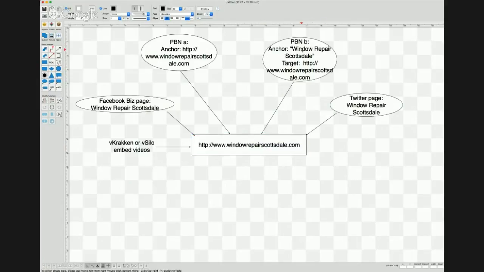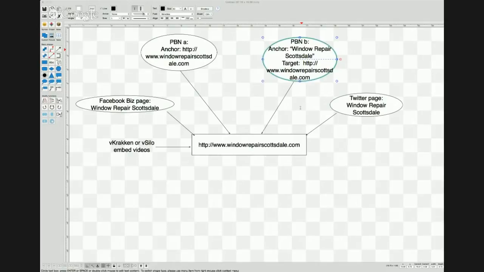Okay, so then same thing's going to happen here when Googlebot gets on this site. It's going to read the same article or a different article the exact same way. It's going to find the link, and this link is going to say, hey, window repair Scottsdale. So that's like, as I talked about in those videos, a map. And at the end of this link is supposed to be content about window repair in Scottsdale. That's what anchor text means. It says at the end of this link, you're going to find more content about this keyword. So in a situation like this, we're able to say, okay, window repair Scottsdale is what you're going to find at the end of this link.